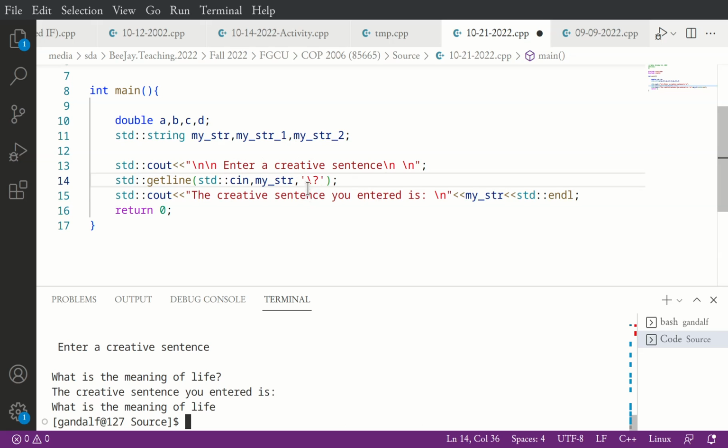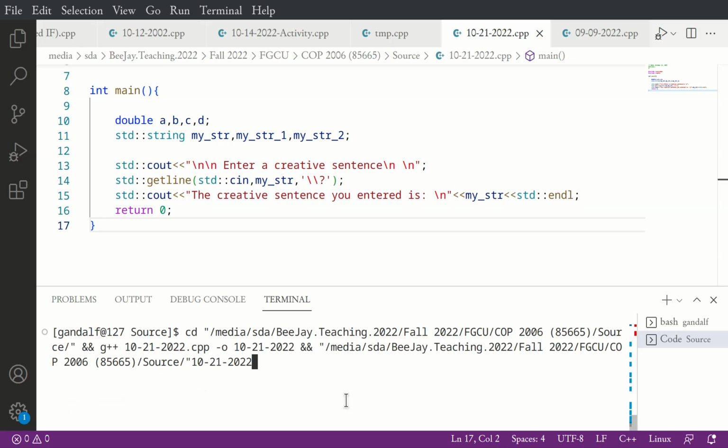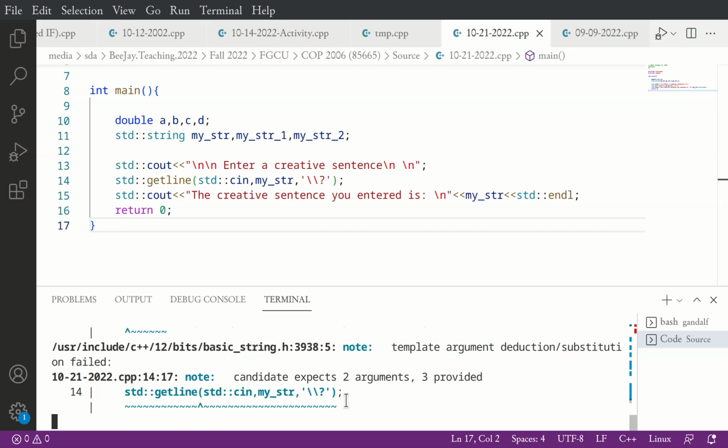Strangely, it has the same behavior when I enter or when I put that escape sequence. So it is treating it still as a question mark. So let me try pound question mark. Still didn't work.